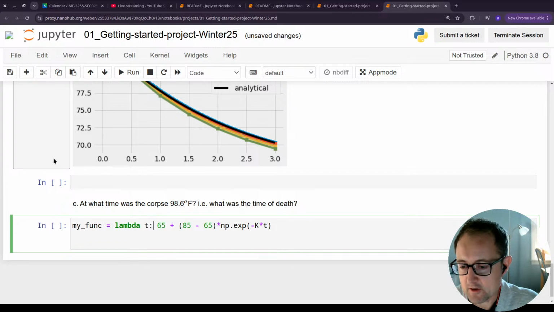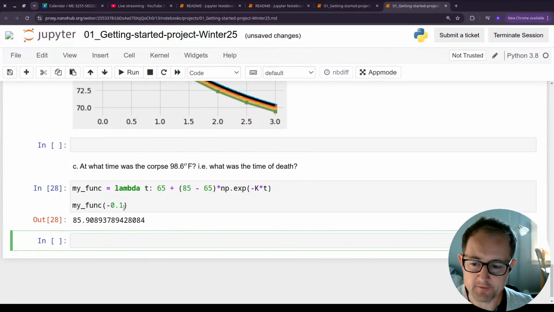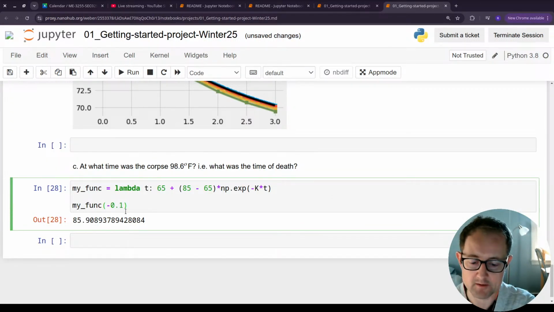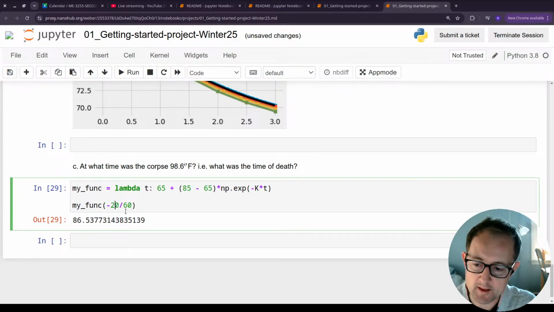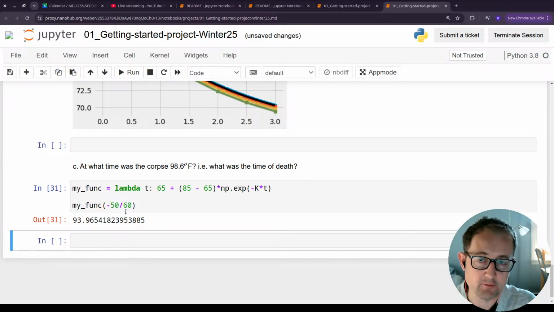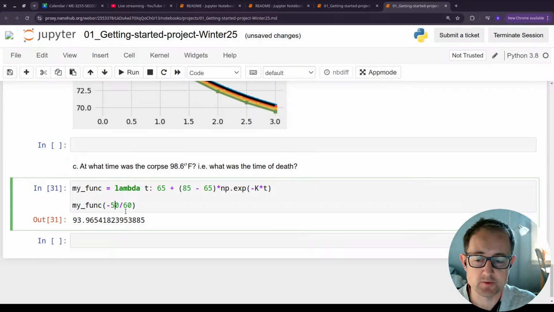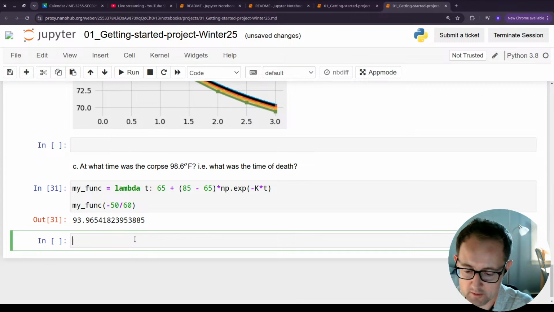The one thing that I could do is say, all right, I have my function. And if I look a tenth of an hour backwards, or let's do 10 minutes before 11 a.m., I get 86. If I do 20 minutes, now I'm looking at 88. 50 minutes, 93. So I could try to get closer and closer to 98.6 just through a guess and check method. But one person noticed that if you look up